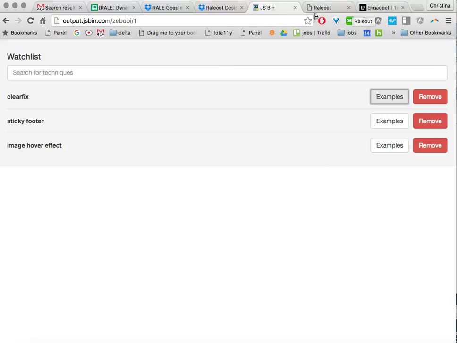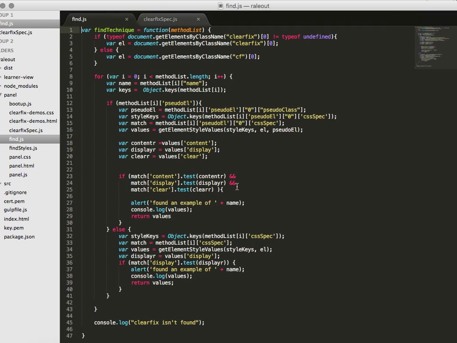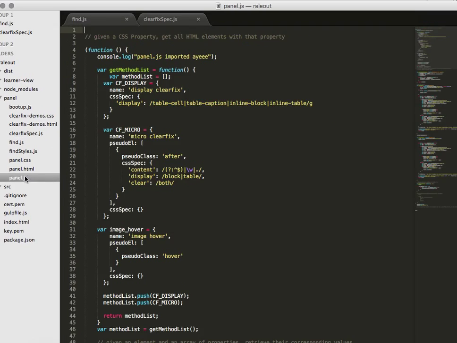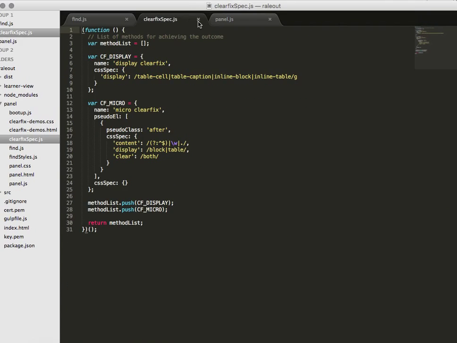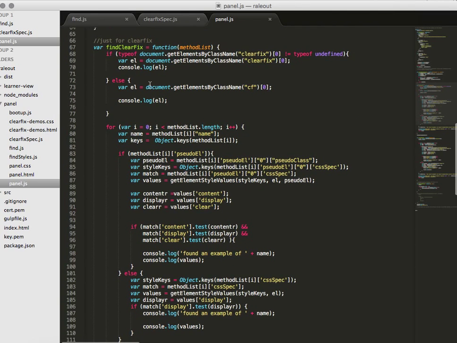while they're browsing around. And so what our code actually does here is, so for ClearFix specifically, we have two types of ClearFix that we're looking at. So it's ClearFix display and micro ClearFix. And so then for our find functionality, this is specifically for here. So we have a find ClearFix method. So we want to eventually generalize this out to other techniques, but we just wanted to prove that we could